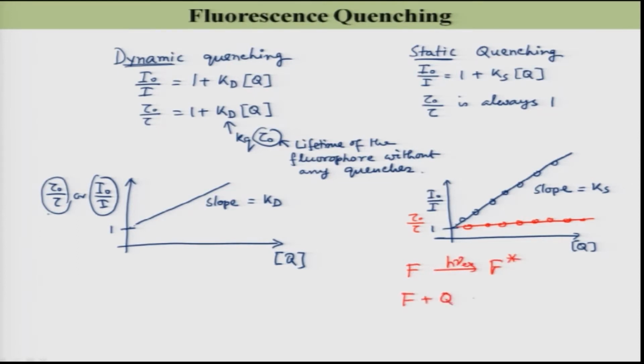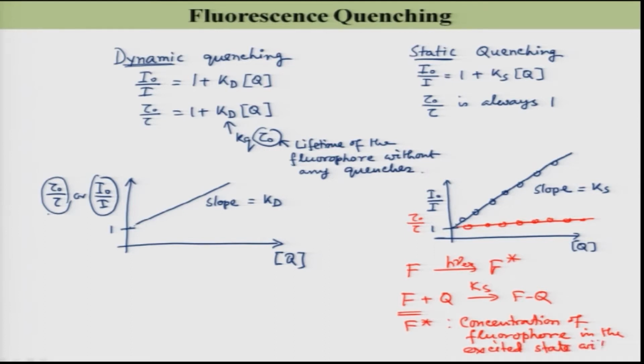Now, if F makes a complex with Q forming F Q, which you cannot excite, with constant K S, then eventually the concentration of fluorophore in the excited state will also decrease, and because of this the fluorescence intensity will decrease,